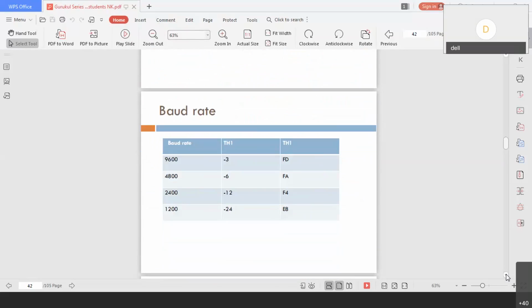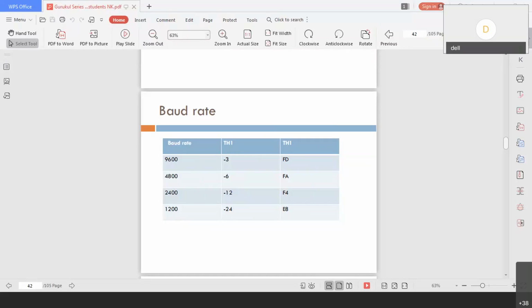So now various standard baud rates you are able to see here. Please observe these baud rates. In the observation, in hexadecimal FD means you are putting -3, both are actually the same.